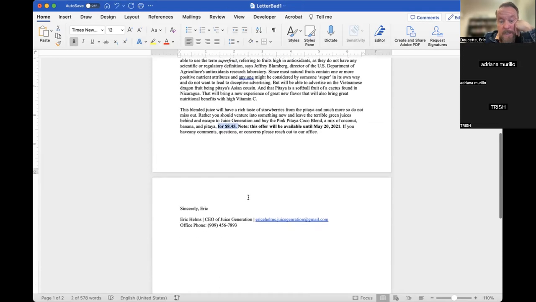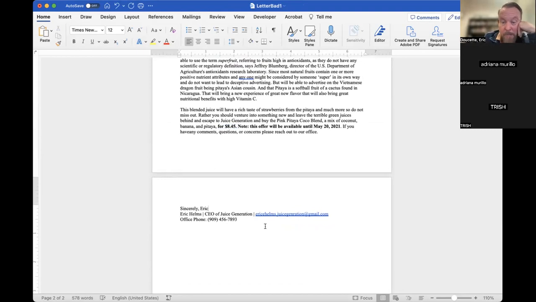And then in this case, they did do a proper signature block for an email, but not a letter. So this would be an email signature block, but not a letter signature block. And the email always includes a full signature block. So you can usually go into your email program and set it up to where it automatically adds that to all of your emails. But it should include your name, your company name, your email address, and your phone number. And if you have an extension, it would also include your extension.